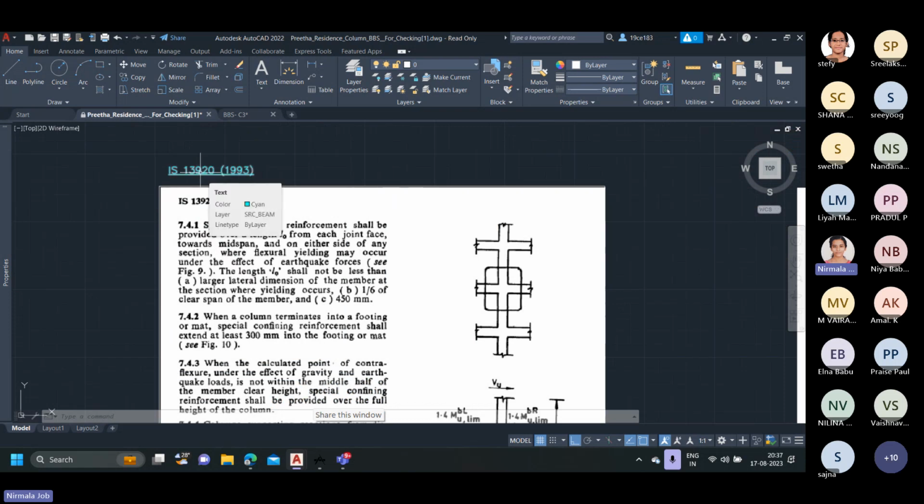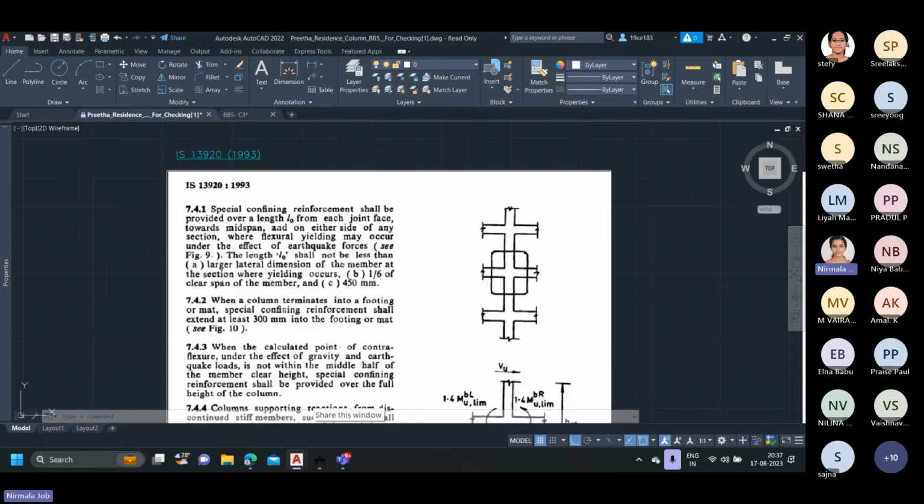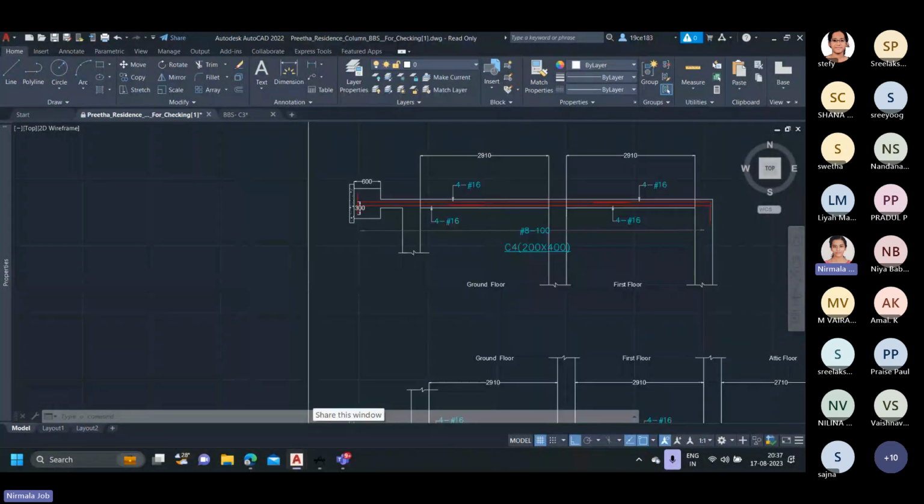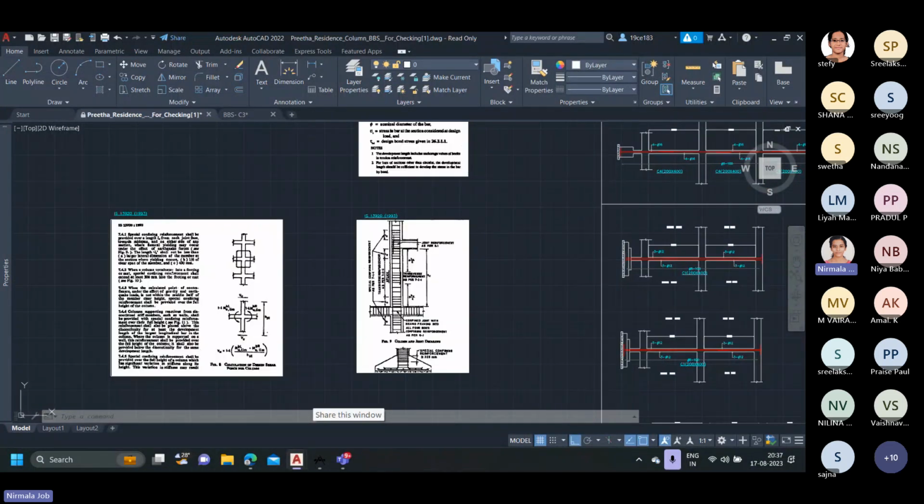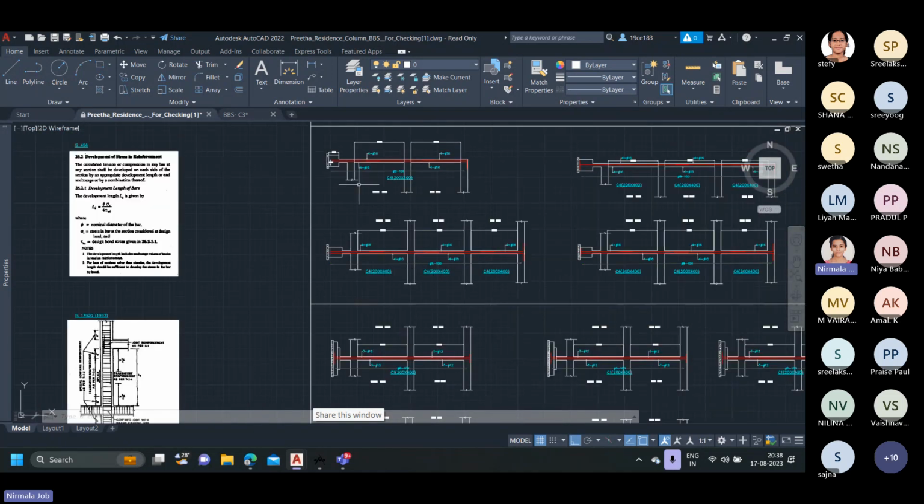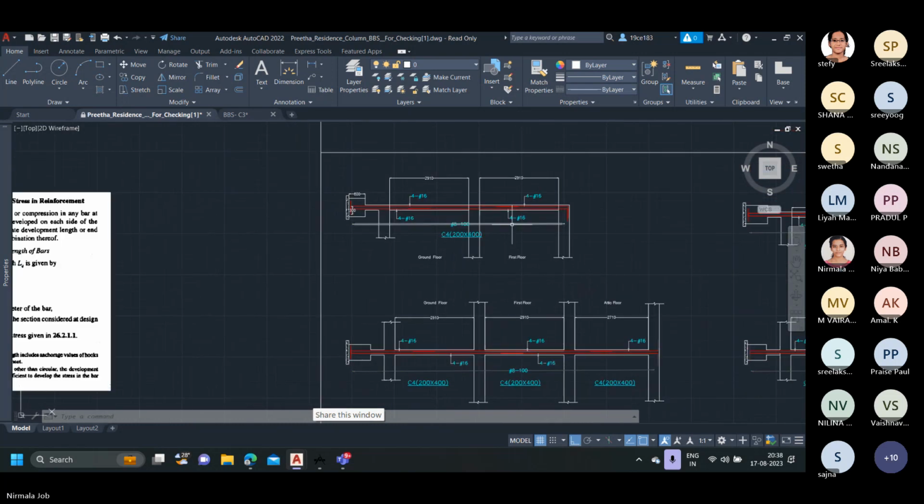from clause 7.4.1 of IS 13920. We can have the L naught should not be less than, first priority, the larger lateral dimension, that is here we have 200 by 400, so the first criterion is 400 mm. The second criterion is L by 6 times the clear span, so here the clear span is 2910 by 6, and the third criterion is 450 mm. Since these values are very much less, we can provide the special confinement zone requirement for the entire span of